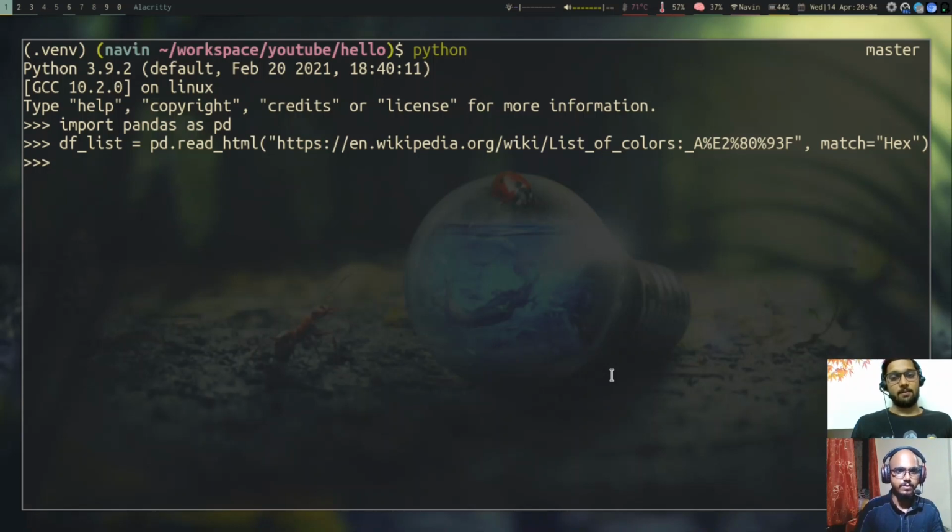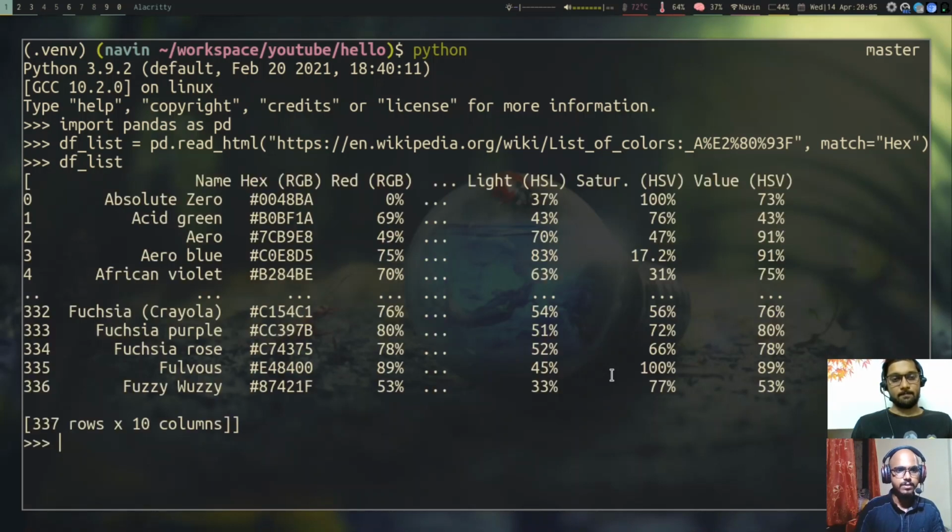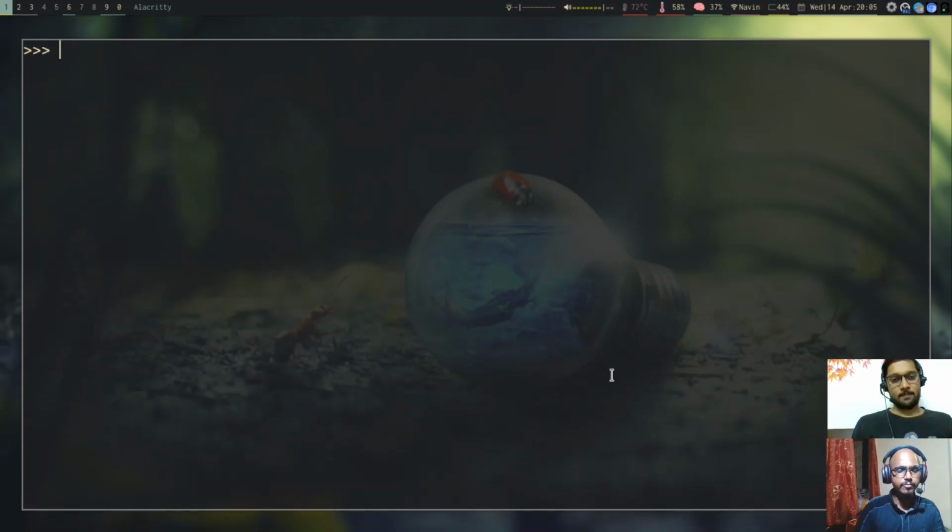Yep. So in our case, let's check what is in the variable df_list now. As you can see, it's a list. We can check the length of the list, that is, how many tables it returned. So it's only one. Okay. And to get the first element from the list, all we have to do is create a new variable df equals to the list variable df_list, and pass an index.